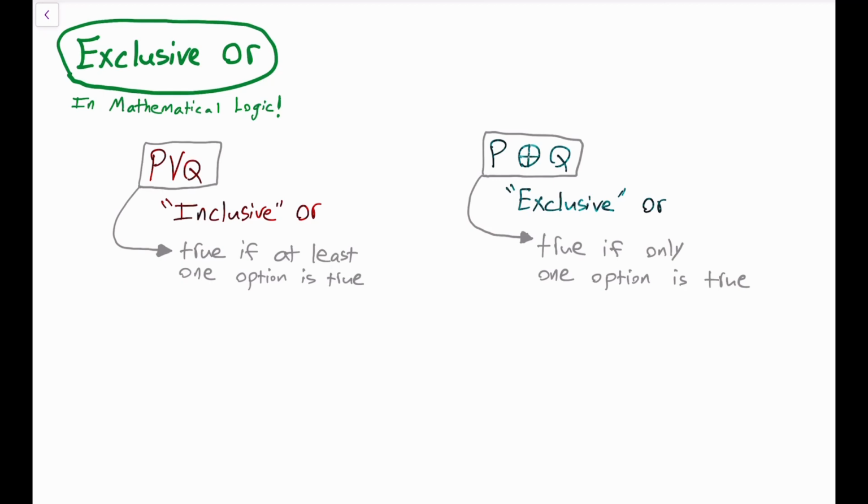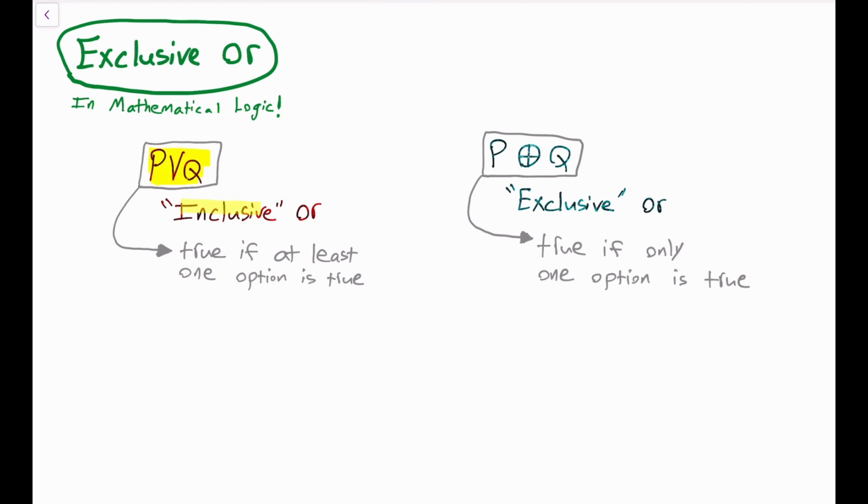In mathematical logic, as you know, the or sentential connective by default is taken in an inclusive sense. However, there is in fact an exclusive or in mathematical logic, and in this video I'm going to cover that very briefly. Now first off, if we have a statement such as this, P or Q, we're using the or